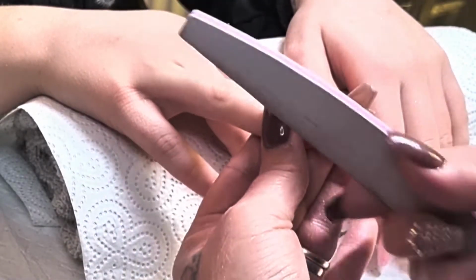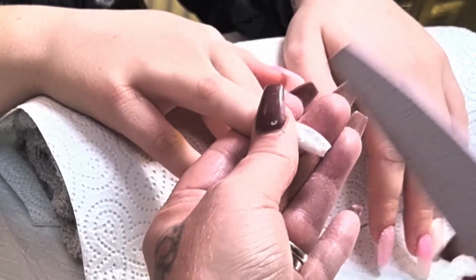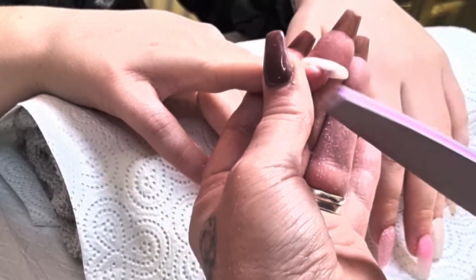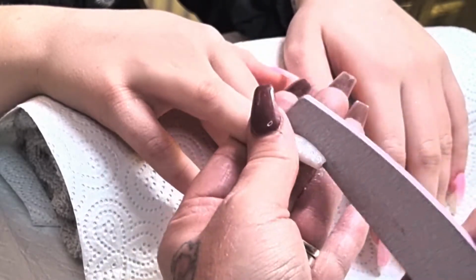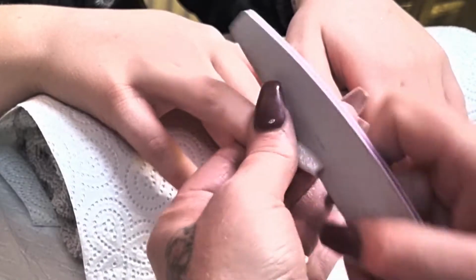So again, even on this white bulky nail, sidewalls first, keeping that file dead straight so that I can get that lovely straight line. And once I'm happy